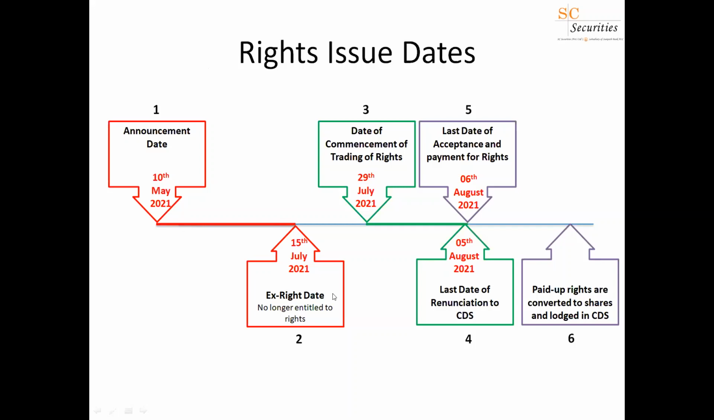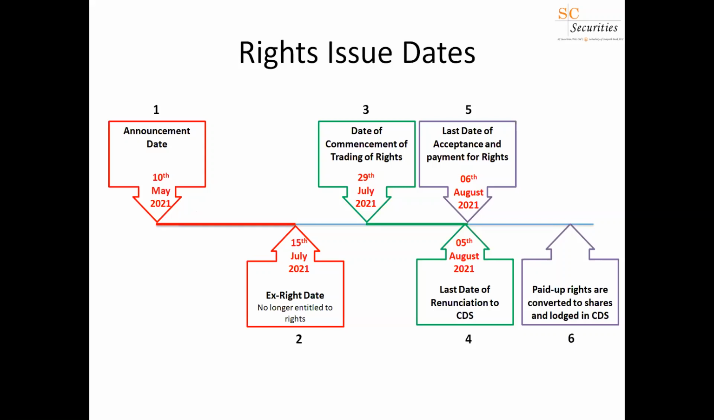So just like the ex-dividend date we discussed in last week's session, ex-right date is the date where you are no longer entitled to the right. So in this case, the ex-right date is 15th of July. So the ideal entitlement date for you to be entitled for the right would be a day before the ex-right date. So that is 14th of July. So any shareholder who had shares when the market closed on 14th of July is entitled for the rights